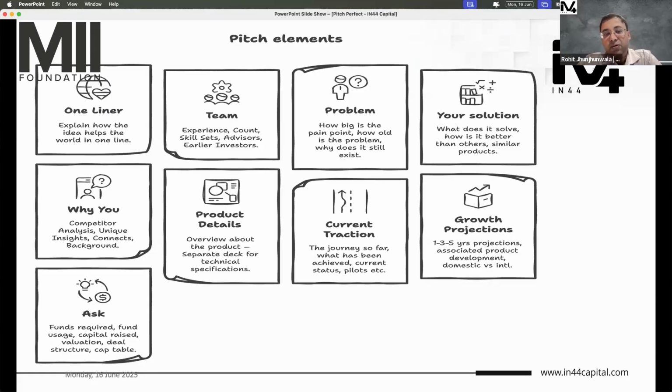Then you have team. Now, team could be provided in the front or it could be provided at the end. Doesn't really matter, but team has to be showcased. Are you a single founder, or are you having a capable team, or are you planning to hire a team? Whom am I trusting? Whom am I going to bank on? Because as an investor, I'm not running the company for you. Your team is running the company, which means if I am putting in the money, I am putting my money to support the team. So unless I have confidence in the team, I'm not going to invest, right?